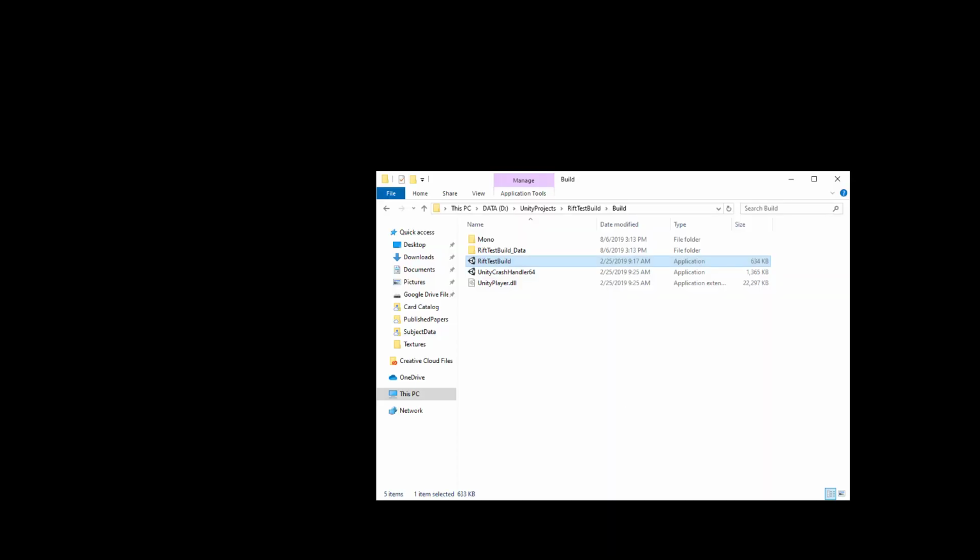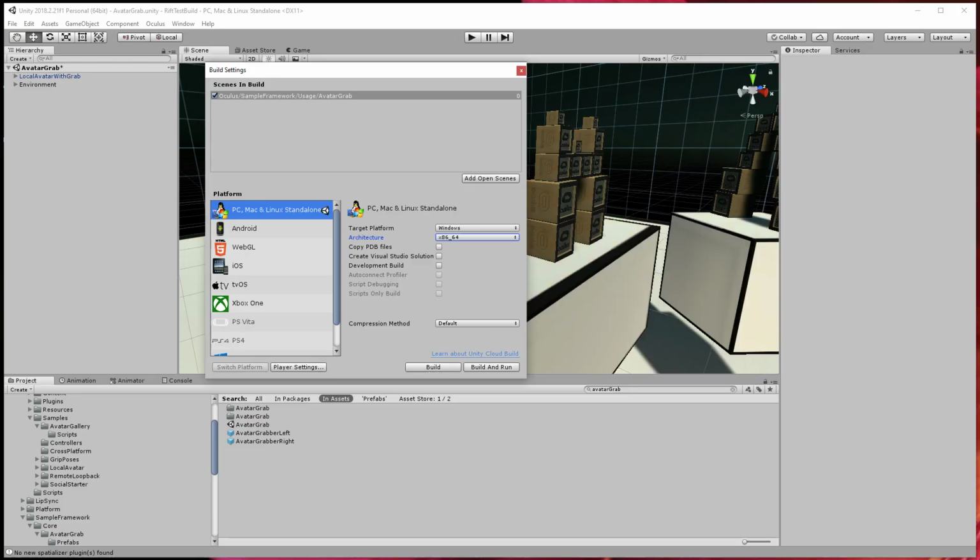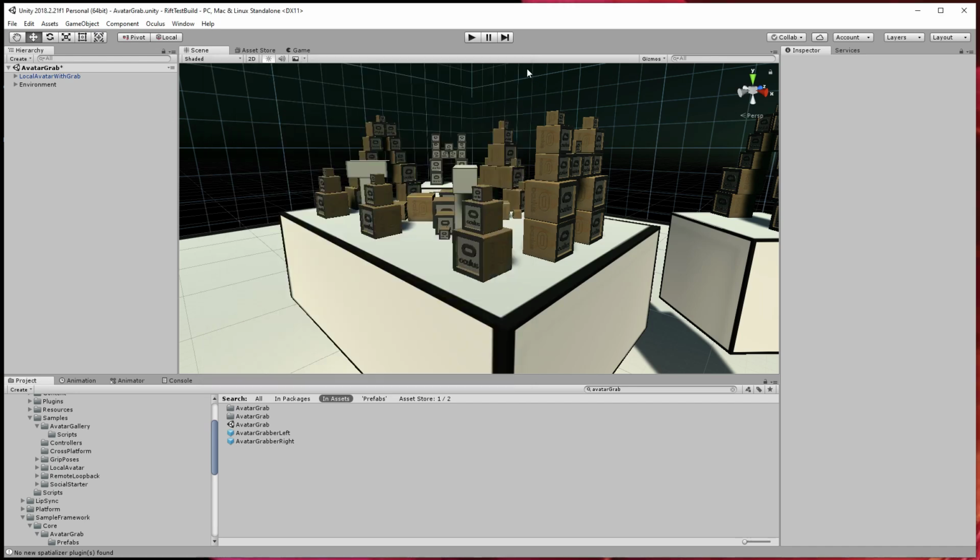So I built successful for a PC. In this case, I would dig into the Oculus documentation on why the hands aren't being rendered. But I will still show